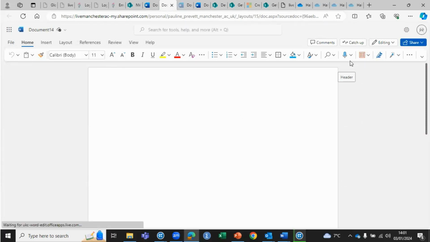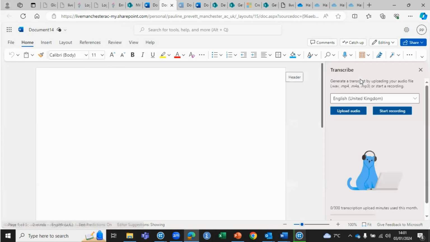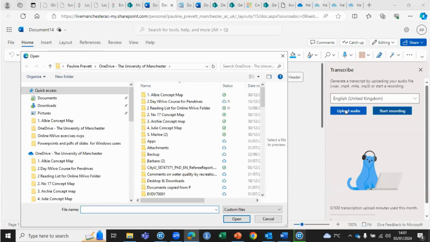And the reason is we have this menu and option. So you can dictate or transcribe. I'm going to transcribe. So all you need to do is to upload the audio file.